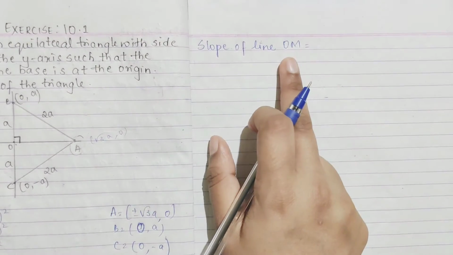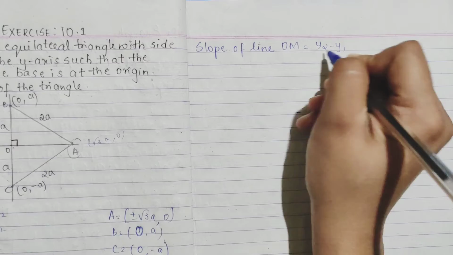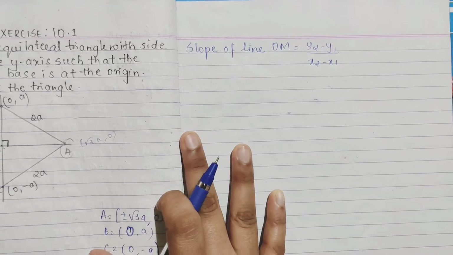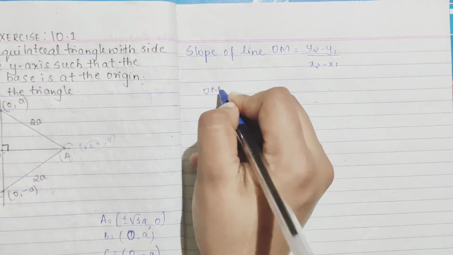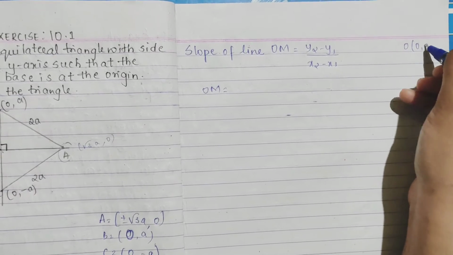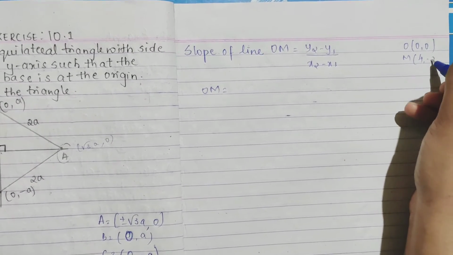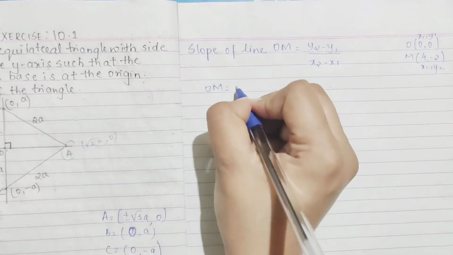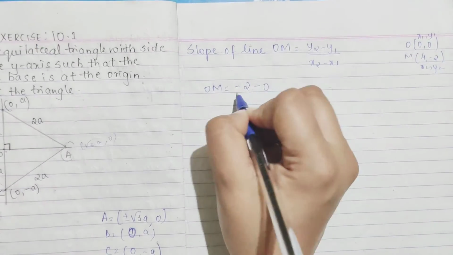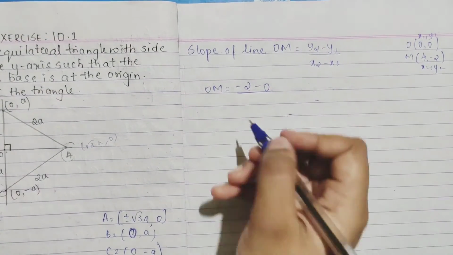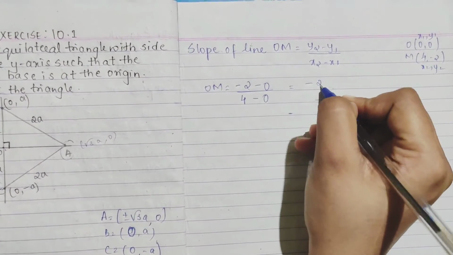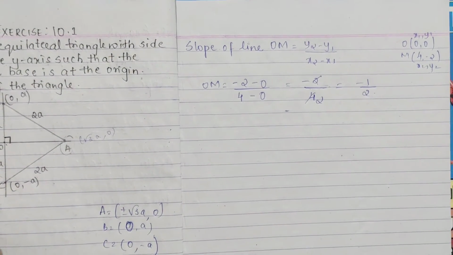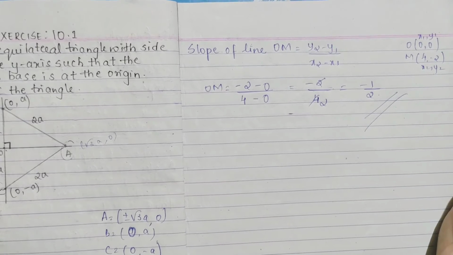So the slope of a line is always given by how? y2 minus y1 divided by x2 minus x1. Remember this, okay? Whenever they have given two points, this is how we find the slope. So for OM, you have O as (0, 0) and M as (4, -2). You can take x1 y1, x2 y2. So y2 minus y1 over x2 minus x1, you are having -2 divided by 4. So 2 ones are 2, 2 twos are 4, and you will get -1 by 2. Slope of the line is -1 by 2. Hope it is clear.